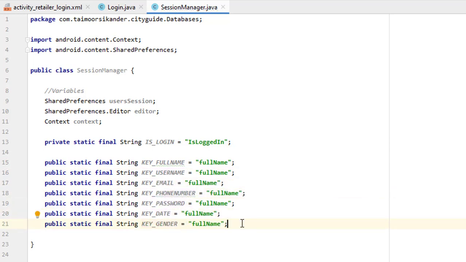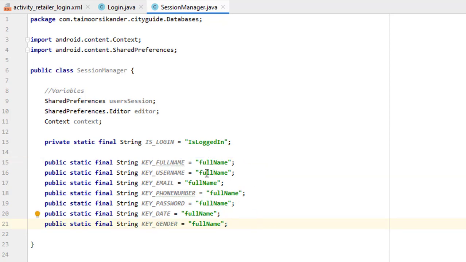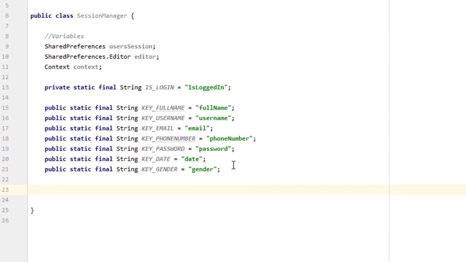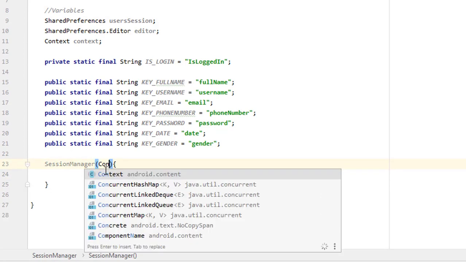Okay, now we have created basically all the variables we need from the database, or we need sessions for all these variables, so we need to change their names as well here. Okay, we created all the variables, and these are variables basically we want to create a session for. So once we created this, we need to create a constructor, and inside this constructor we need to get a context,